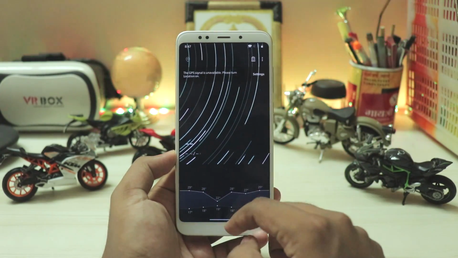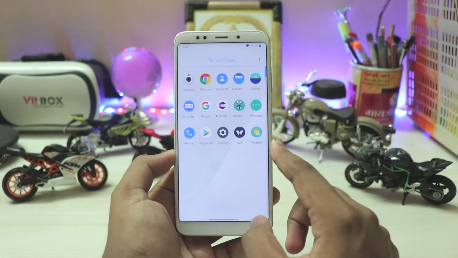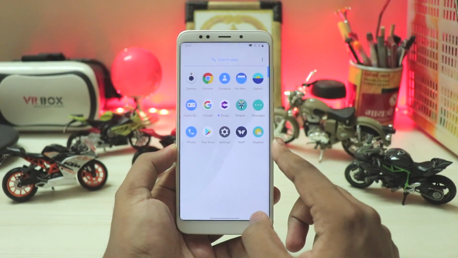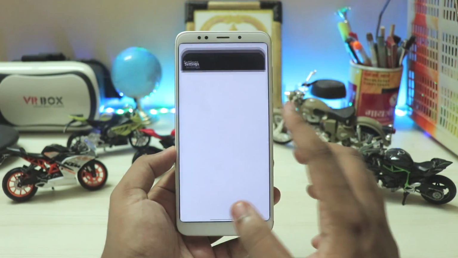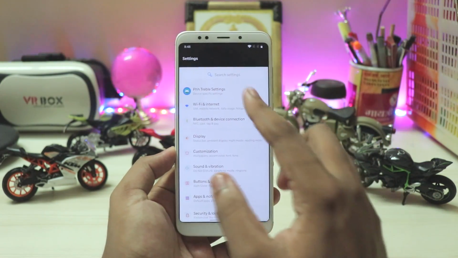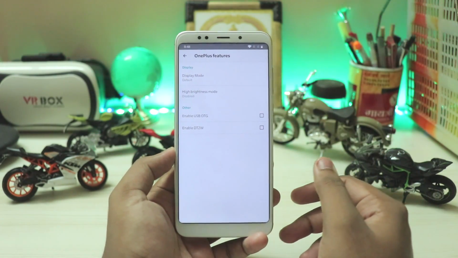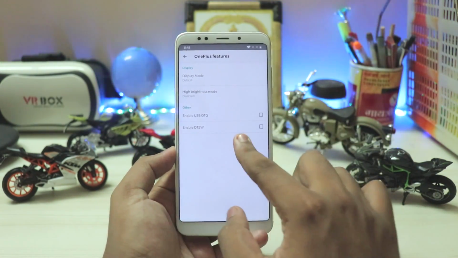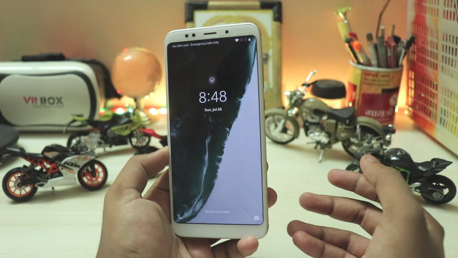And in terms of camera, you are still left with the GCam. And yeah, I haven't actually seen a single GCam that works with the front camera that good. So in terms of camera, again, you're very limited. So just directly go into the settings. You have the Fusion stable settings right over here with the OnePlus features, and they are pretty much broken. So for example, as you can see, enable double tap to wake has been disabled. Still, it just works from the ROM side. So yeah, those features don't count.